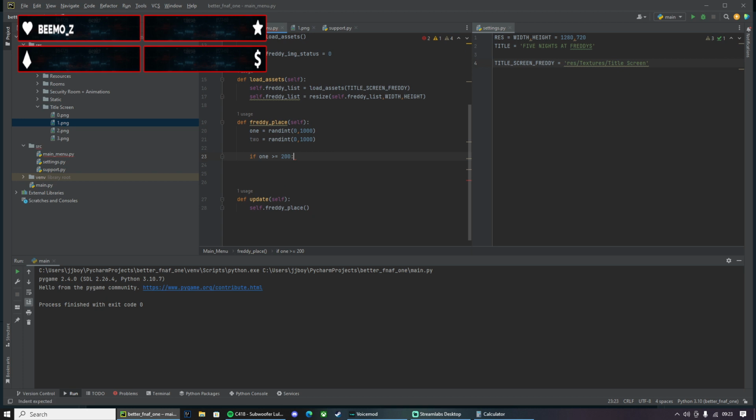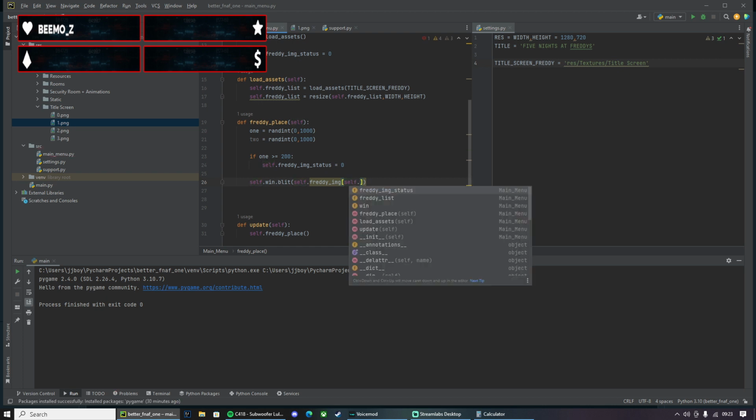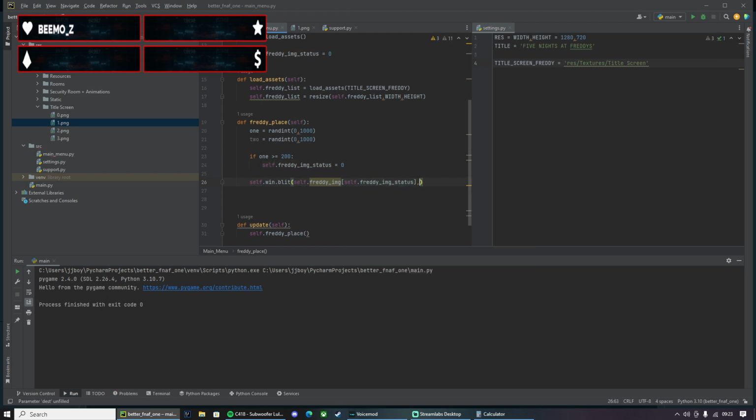So if it is that, then Freddy status equals 0. No. Self.win.blit self.Freddy image under, why is this so long? Freddy status, comma, 0, 0.